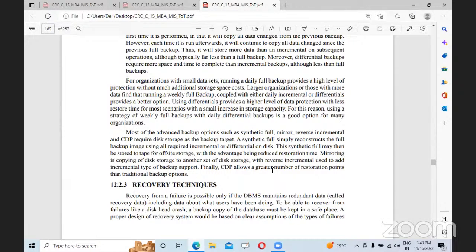This synthetic full may then be stored to tape for offsite storage, with the advantage being reduced restoration time. Mirroring is copying of disk storage to another set of disk storage, with reverse incremental used to add incremental tape backup support. Finally, CDP allows a greater number of restoration points than traditional backup options. These are all some of the concepts related to backup options,